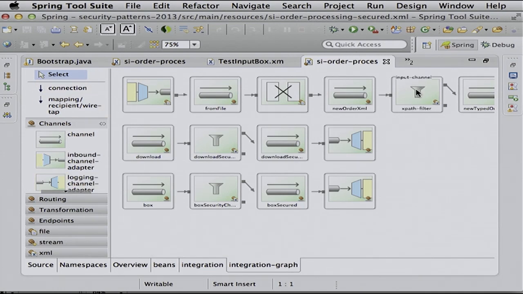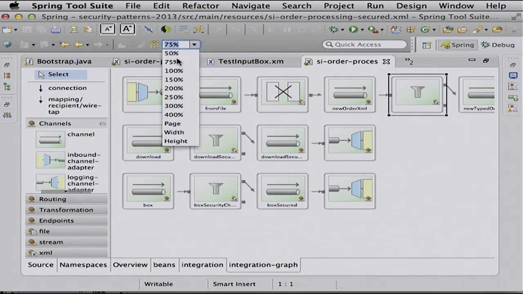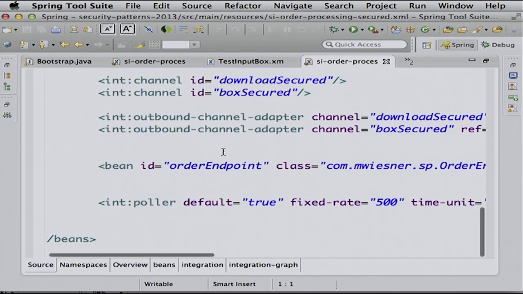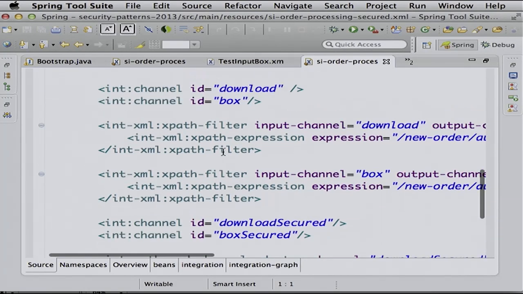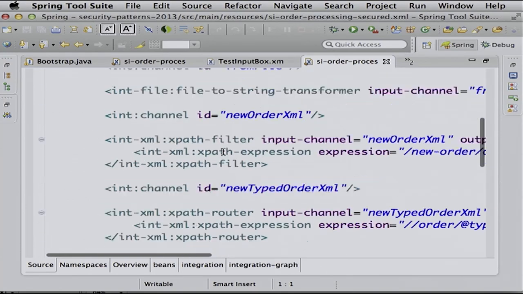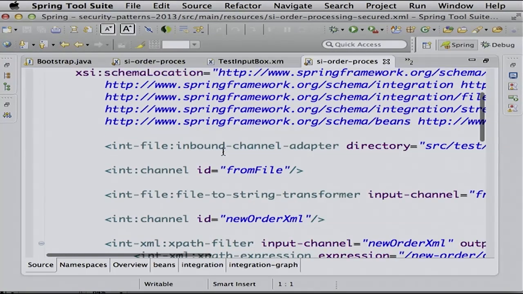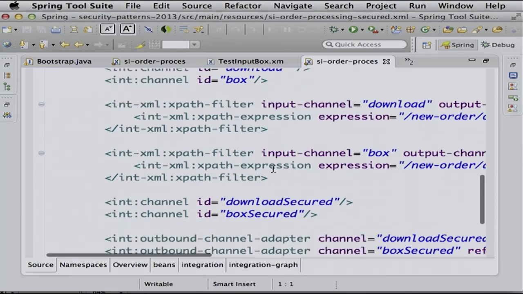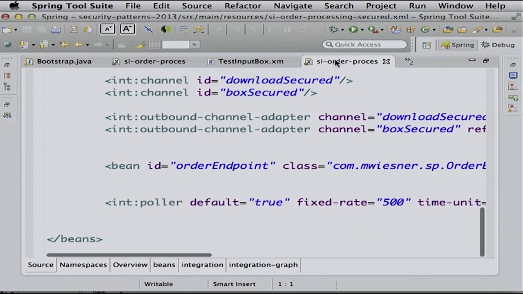Oops. Just too big. Let me just check out the source. Okay, I didn't add it here.